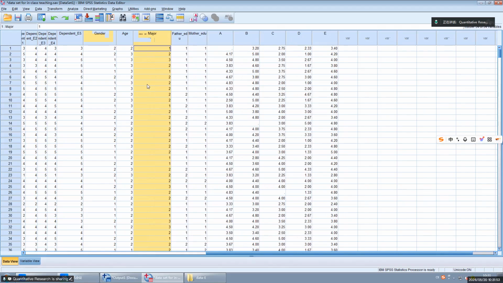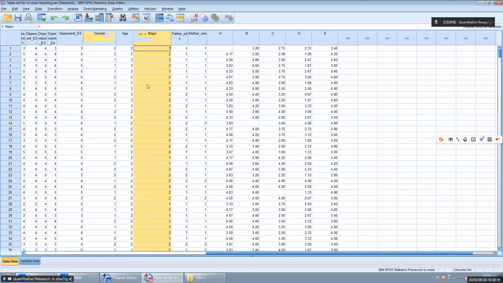Third one represents life sciences, right? For this dummy variable, all the students majoring in physics will be labeled as 1, right? All the others, 0.